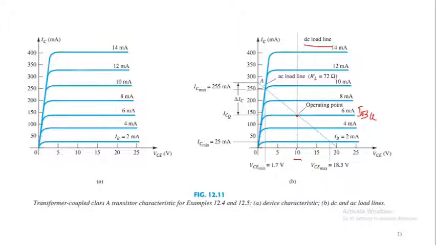तो वहाँ से आप ICQ और VCQ की वैल्यू फाइंड कर सकते हैं। So VCQ तो we already know is actually equal to VCC, that is equal to 10 volt, और ICQ की वैल्यू आप इस ग्राफ से फाइंड कर सकते हैं, that is equal to 140। ये पॉइंट है 140 मिली एम्पेयर।